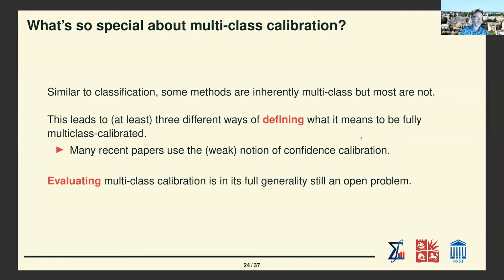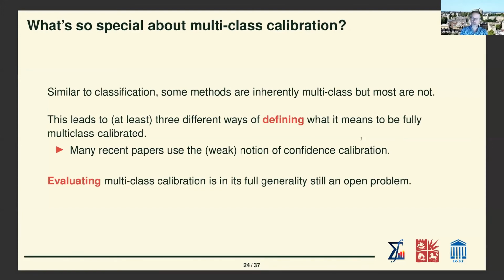If you're a support vector machine person or a logistic regression person, then you think, well, it's not so straightforward because my method is inherently binary and I need to do some work to apply this to multi-class. And something similar happens with calibration. Some calibration methods are inherently multi-class, but many are not. And that means that when we move from binary to multi-class,